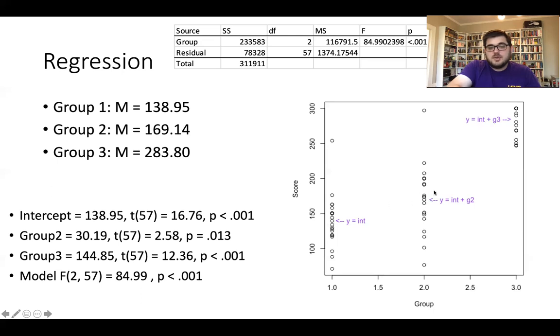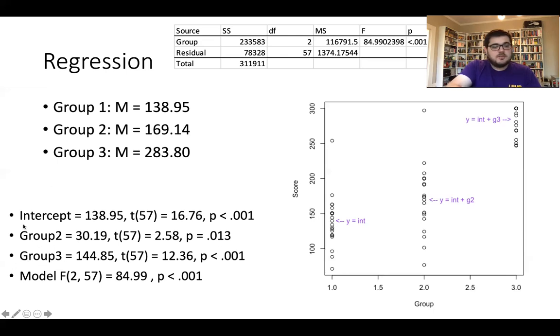It's not 0, it's too high to be 0, meaning that the difference between groups, see, the difference between group 1 and group 2 is 30.19, and that difference is statistically significant. So this coefficient being statistically significant gives you the same information you would get out of a t-test comparing group 1 and group 2. Now, if you go over to group 3, you want to know what's the best prediction